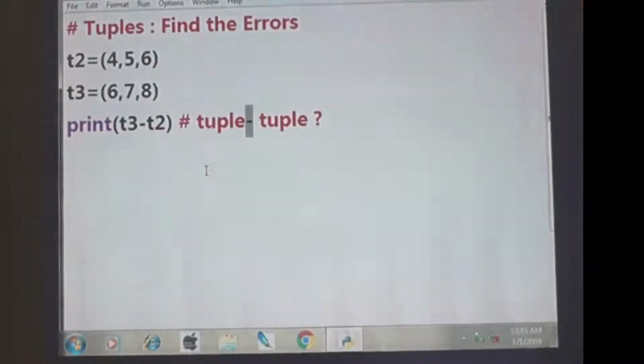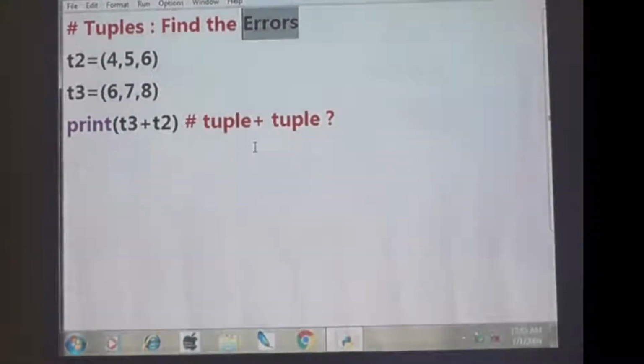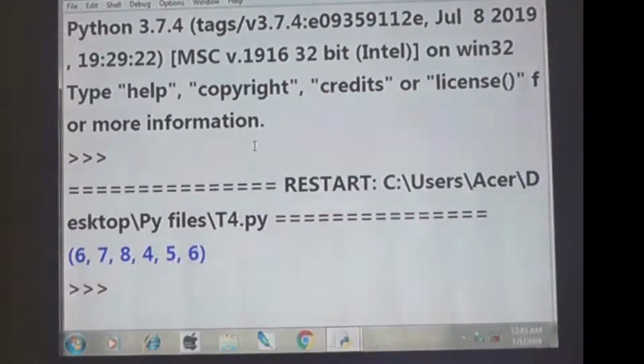Now I ask you a question. T3 plus T2. Tuple plus tuple, can you add or not? Will an error come or not? So F5. Yes, no error. Super. 6 7 8 4 5 6, the two got added.